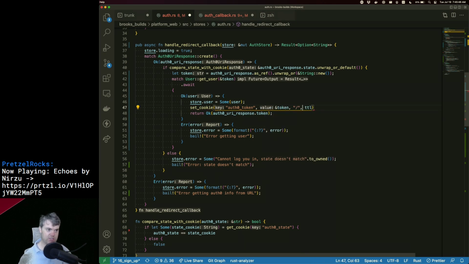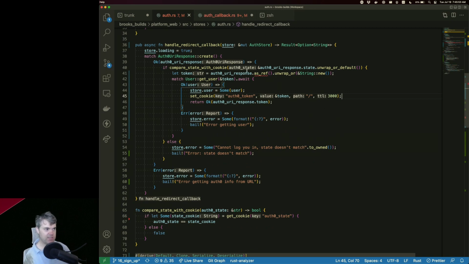Path will be slash, TTL will be 3000. Okay, so that will set the cookie.